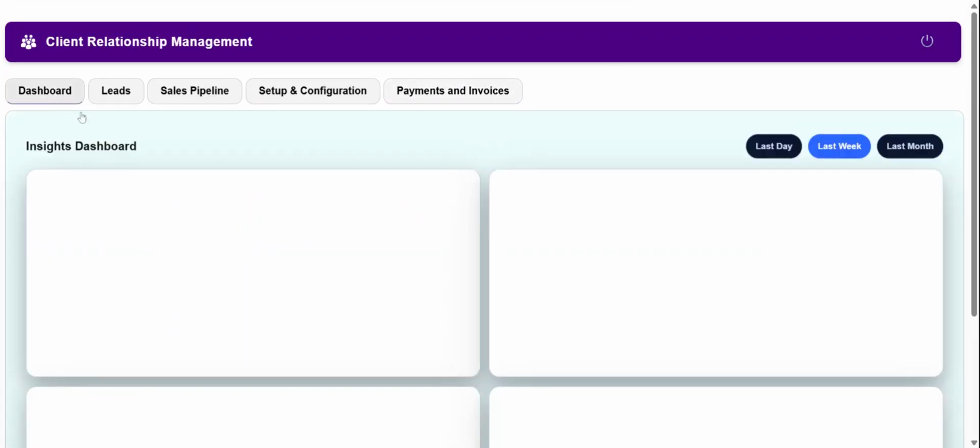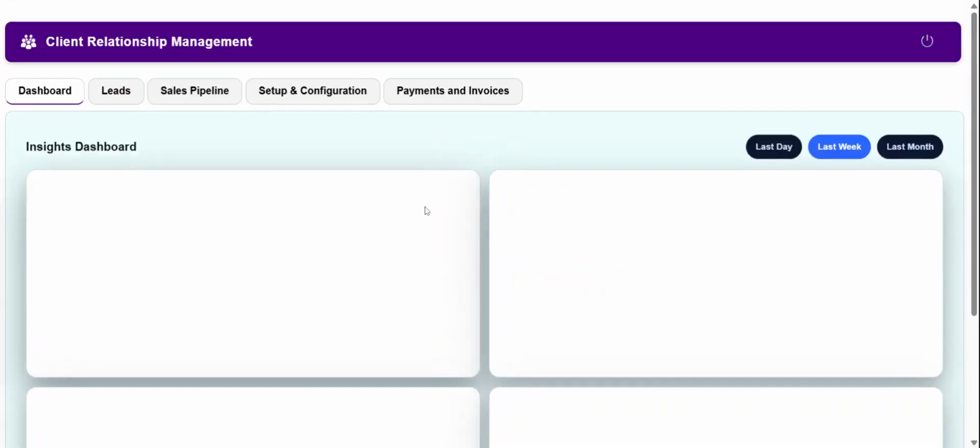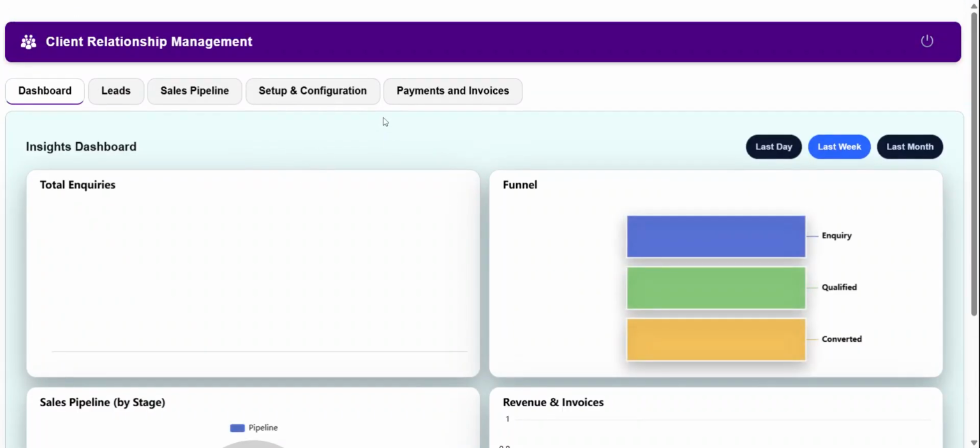Then we come to the dashboard section, and here all the leads will be displayed in a graphical manner. Here you can filter by last day, last week, and last month. Since there has been no entry in the last week, here it is not showing anything. So if you click on last month,